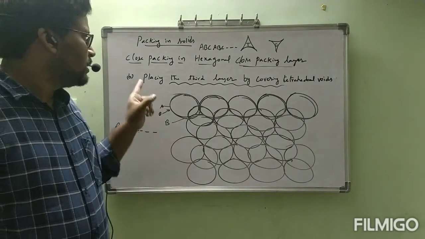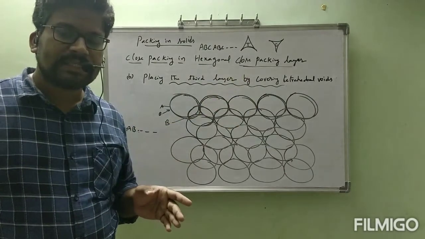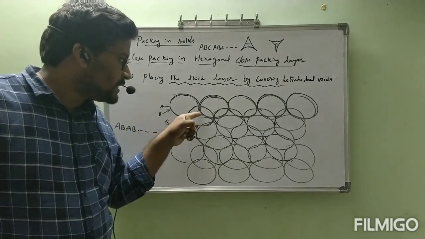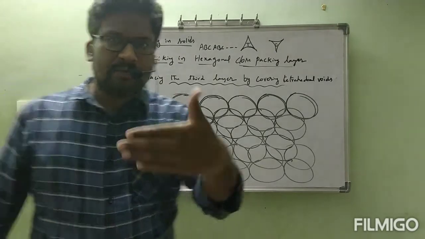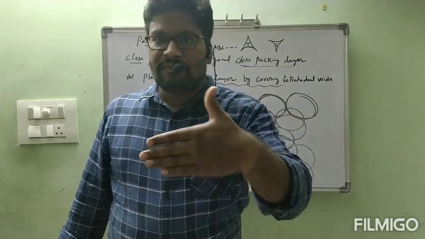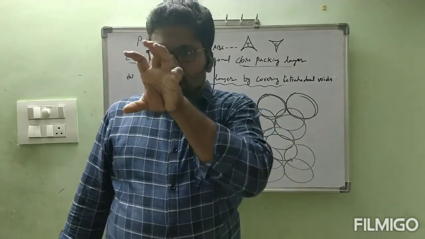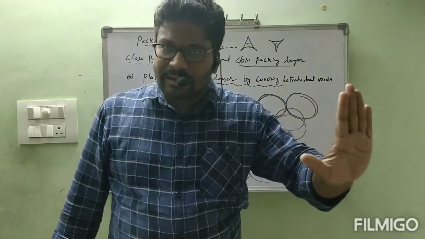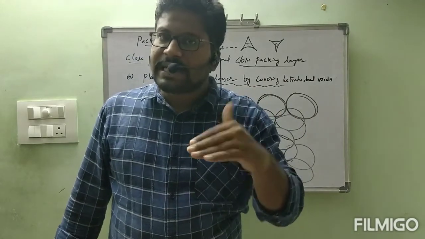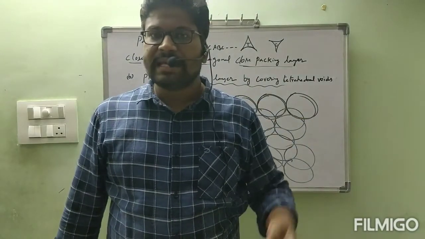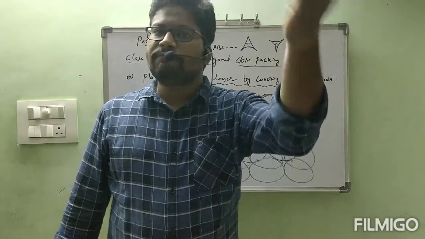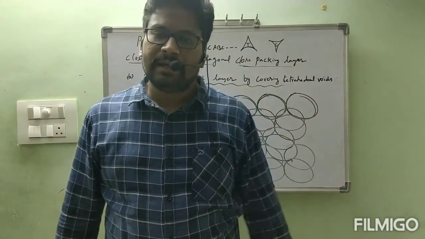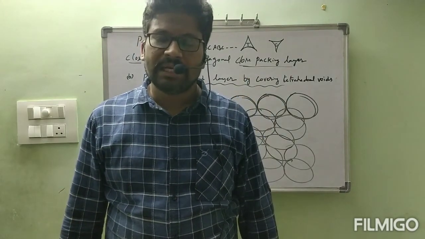Why? We are keeping the third layer by covering tetrahedral voids. Automatically, we are going to keep the layer below the A layer to cover this tetrahedral void, because from my point of view, here we have the A layer, and from my point of view, that gap is present. So I am going to keep particles into those gaps. Then the position of the particle layer which I am going to keep is exactly repeated with the B layer. That's why I kept it, that is B. Again, if we keep a fourth layer, you will get the A layer again. That means AB is getting repeated.